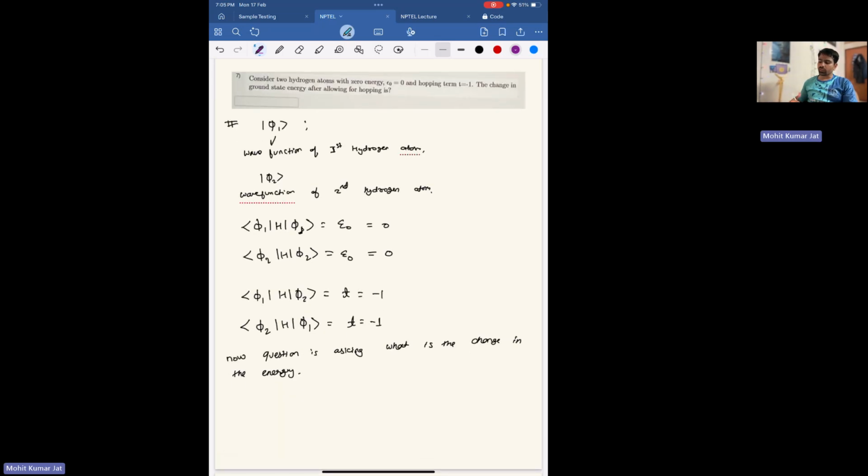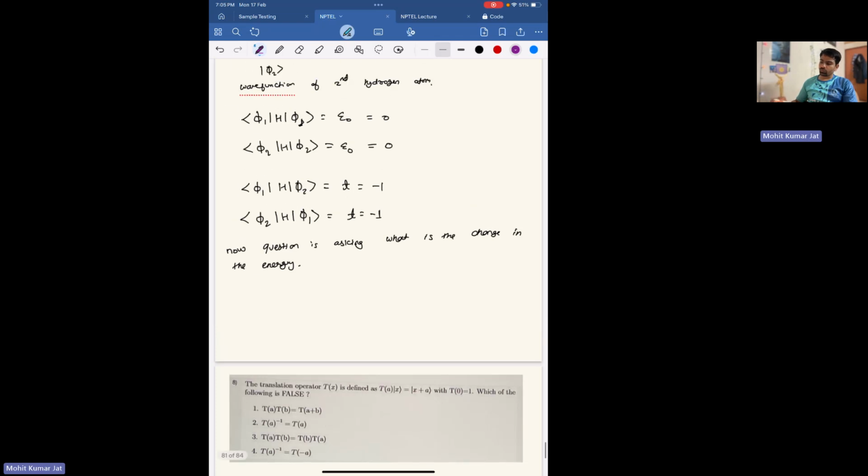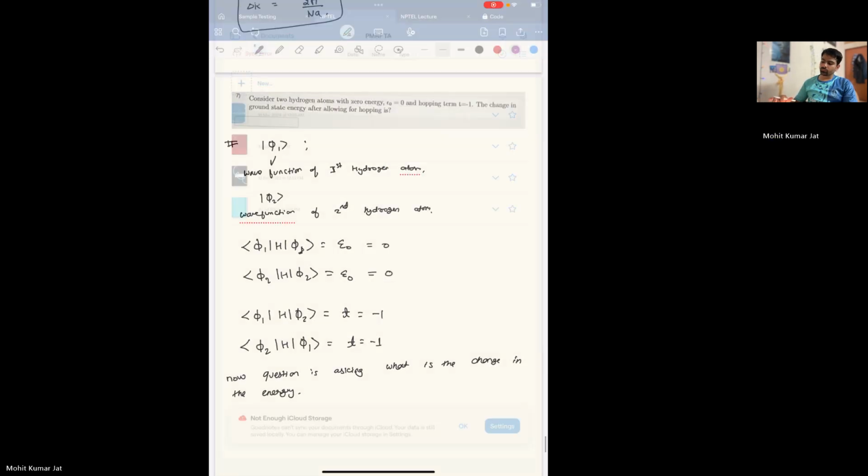Now, the change in the ground state energy after allowing the hopping. So how do we compute it? First we'll have to